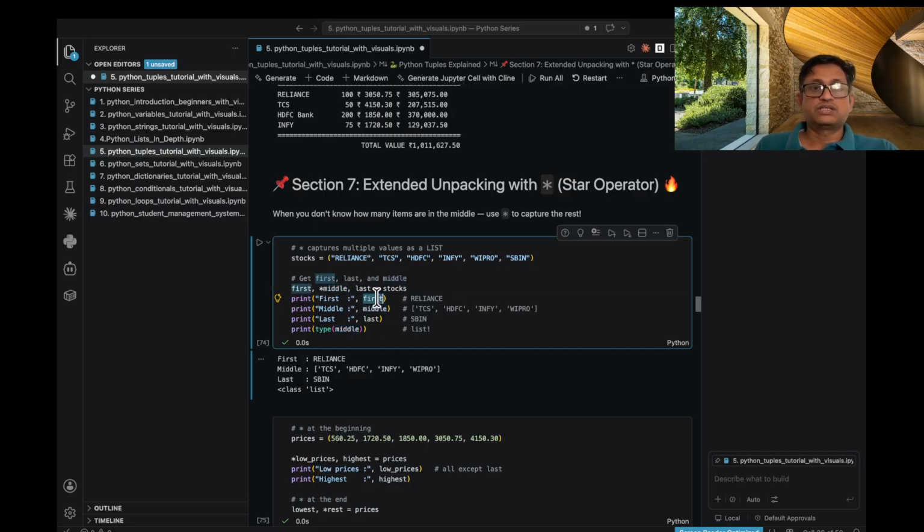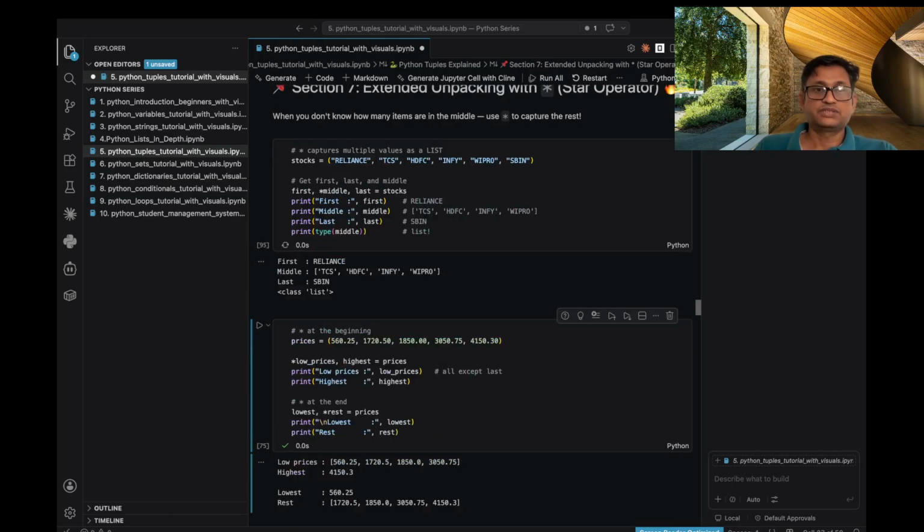So you can see here first, middle and last. So what is the type of this middle? Yes, middle is of type list. It returns a list. See,